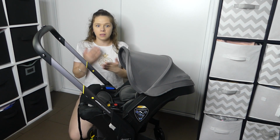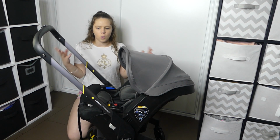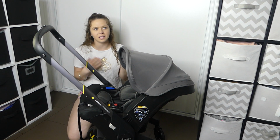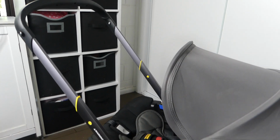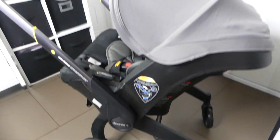This is a great pram for not having storage. You get the car seat, you get a pram all in one. Do I think that this gets rid of the need for a full pram? In my opinion, no, because it is so small. I also really like prams, so that would be another reason that this pram would never be a full-size pram